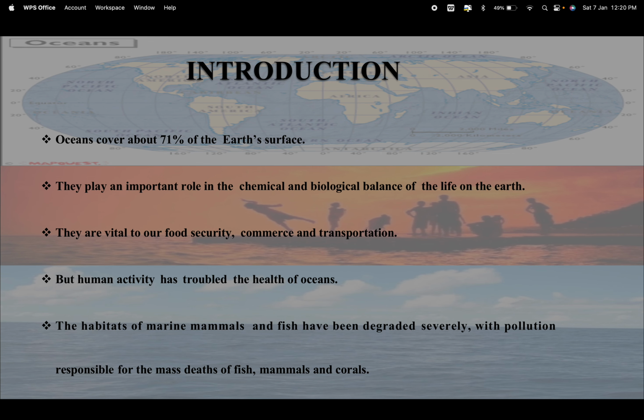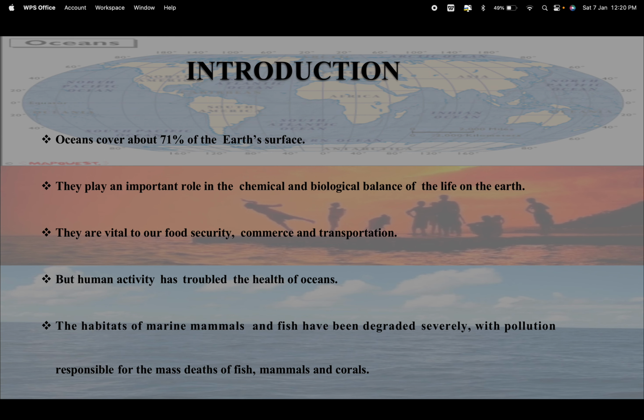Introduction. Oceans cover about 70% of the Earth's surface. They play an important role in the chemical and biological balance of life on Earth. They are vital to our food security, commerce, and transportation. But human activity has troubled the health of the ocean. The habitats of marine mammals and fish have been severely degraded, with pollution responsible for the mass death of fish,